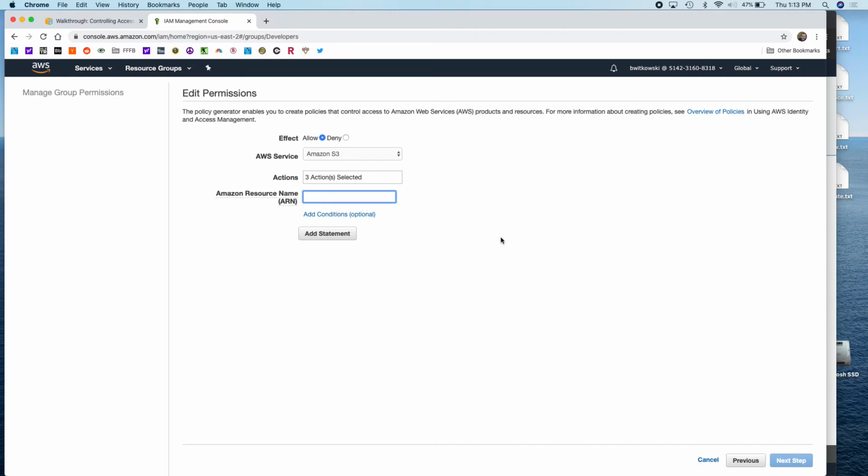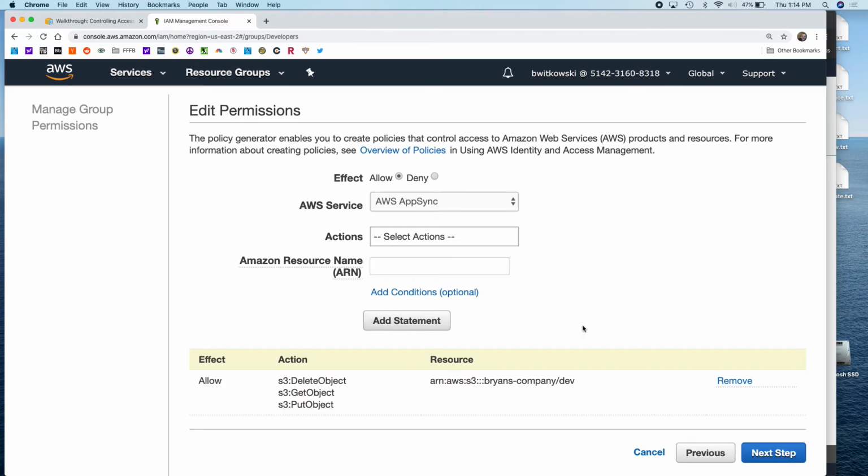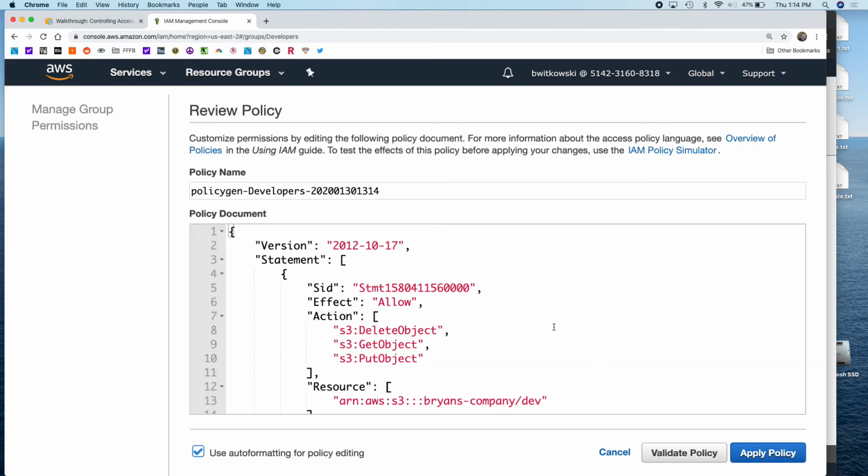Okay, so my resource name, we're getting fairly decent at this now, hopefully. So ARN colon AWS colon S3 colon colon colon. And now my resource name, my bucket name, Brian's company. And then I can get specific about what I want you to access. I want you just to be able to access that dev directory. And I'm going to add that statement. If I go to the next step,